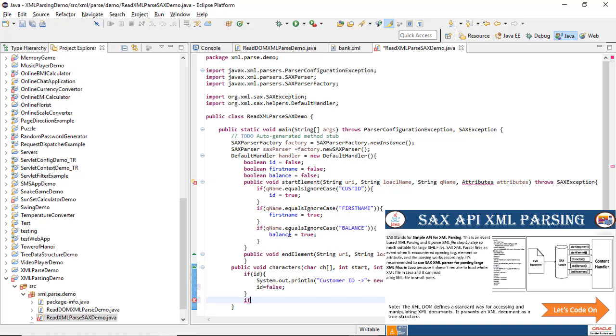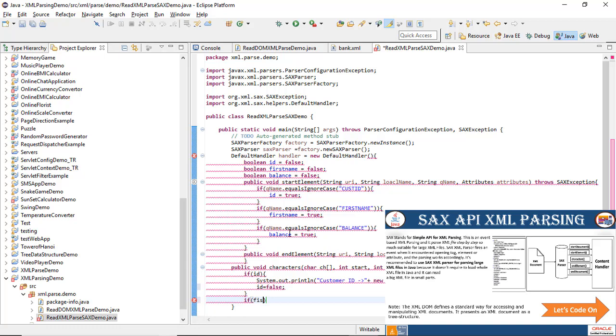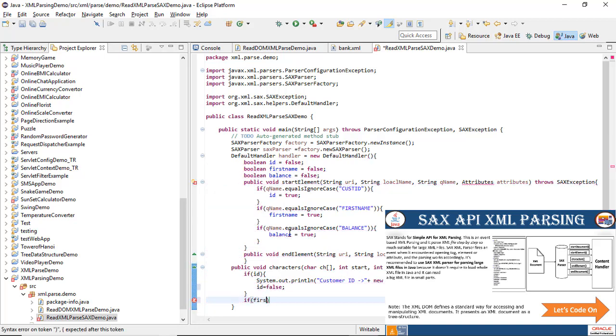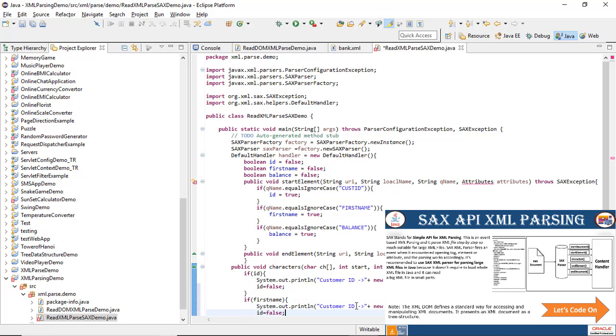The value has to be reset. Next, your first name, if it is true, just copy paste to make it simple,